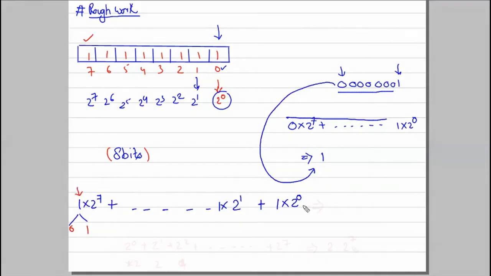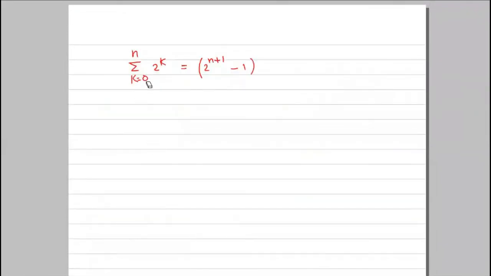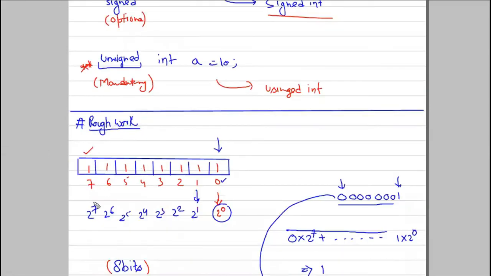this bit is present in the permutation combination, right? So guys, if you remember in mathematics, there is a formula to calculate the sum of the powers of 2. Okay, so the formula is simple. The formula is this: the sum of 2 to the power k from 0 to n results in 2 to the power n plus 1 minus 1. So in our case, the data is, let me discuss. The k starts from 0 and n is 7. Why is n 7? Because it will go till 2 to the power 7.